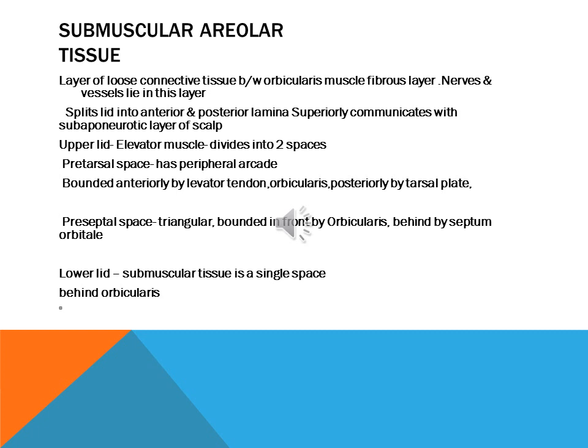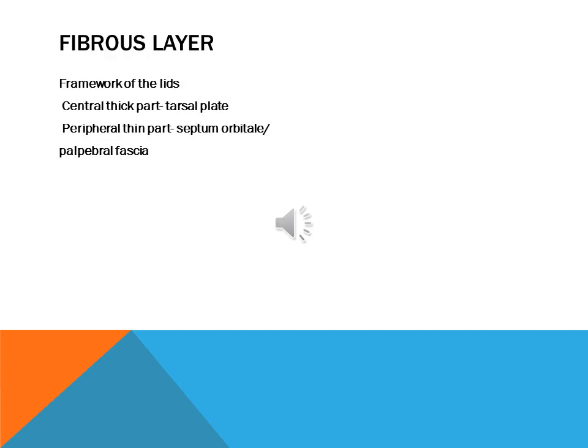In the lower lid, the submuscular layer is a single space behind the orbicularis oculi. Fibrous layer of the eyelid is the main framework of the lids. It gives a framework and also the configuration to the eyelids. The central thick part is called the tarsal plate, and the peripheral thin part